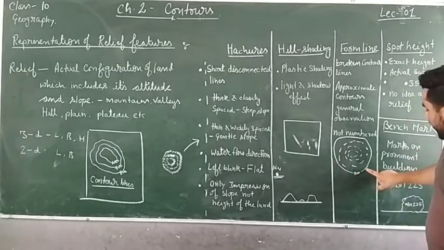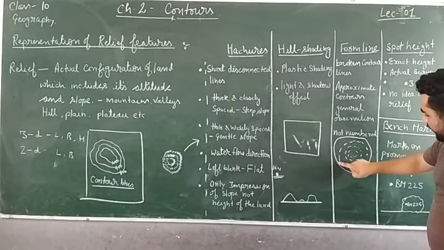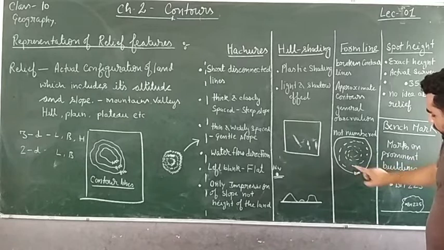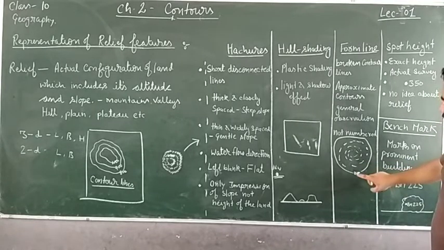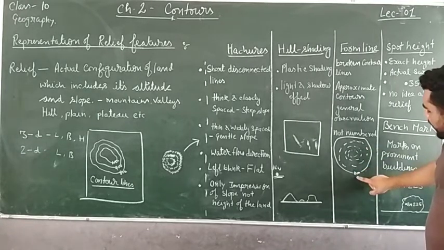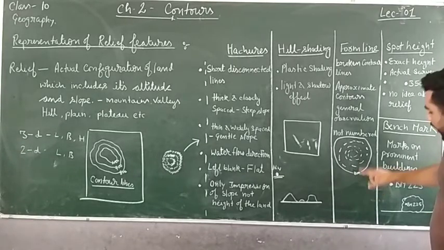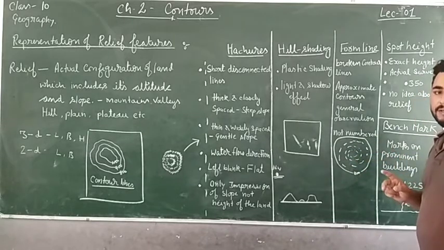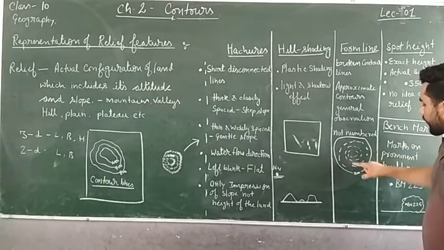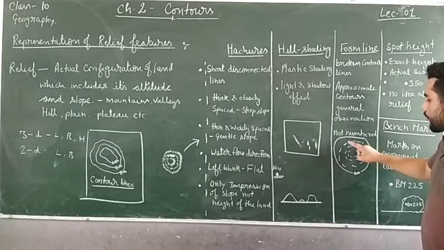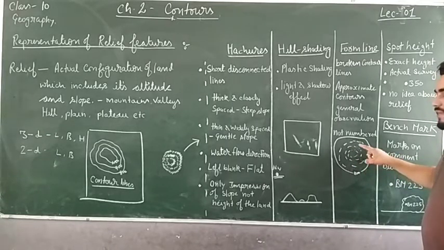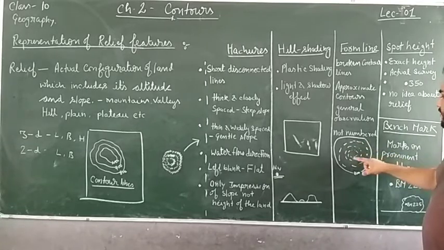Here, this line I have shown, please don't get confused. The outermost line is the contour line. This contour line is surveyed also. It has a number also. It gives the exact height of the place also. And in that we have these broken lines. These lines are called form lines. These form lines do not have any number. These are not based on real survey, right? These are based on just observation, and they do not give us the exact idea.